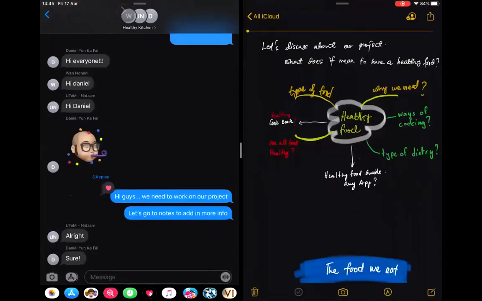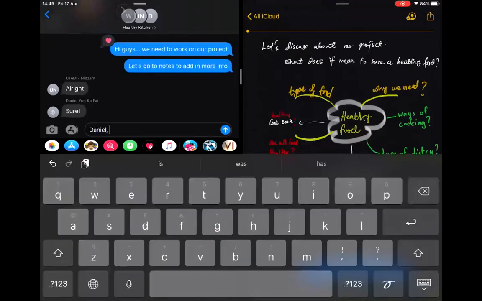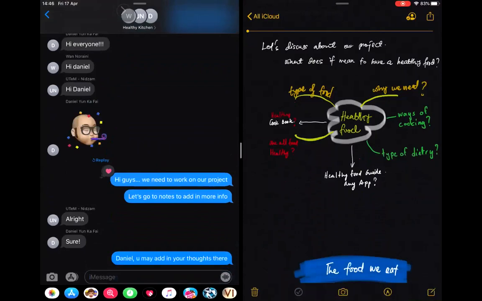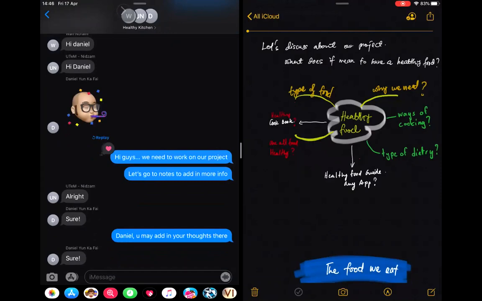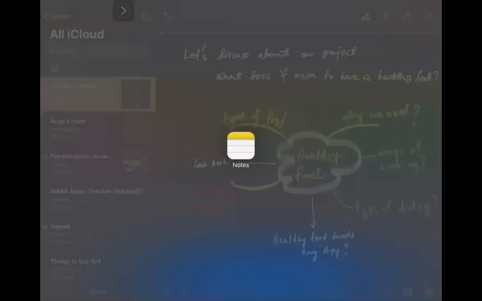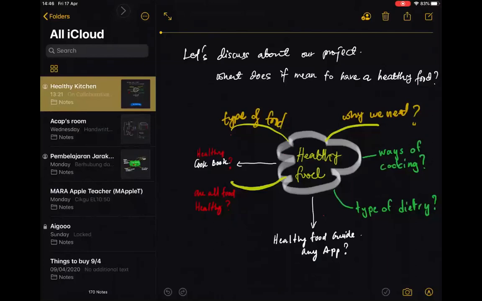So you can see in this. All right. On the right side is the notes, and the left side is the message. So I will focus on the notes. This is how Notes is very useful for students to collaborate, to generate ideas, and